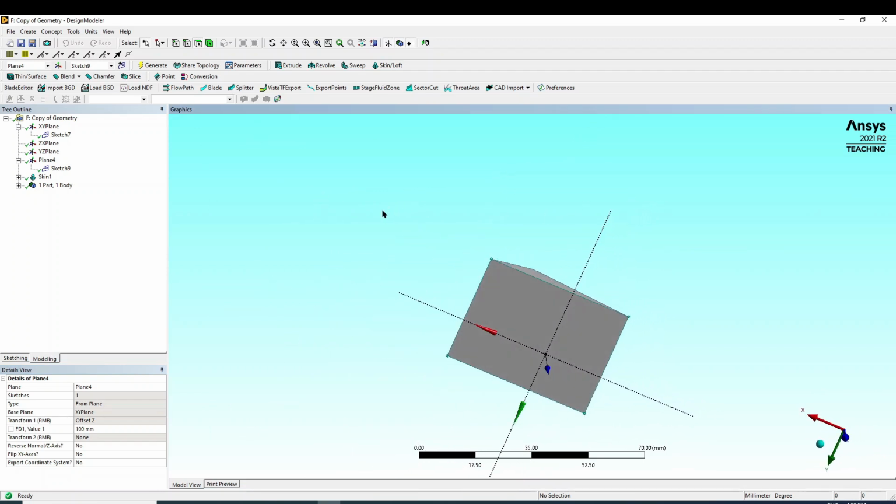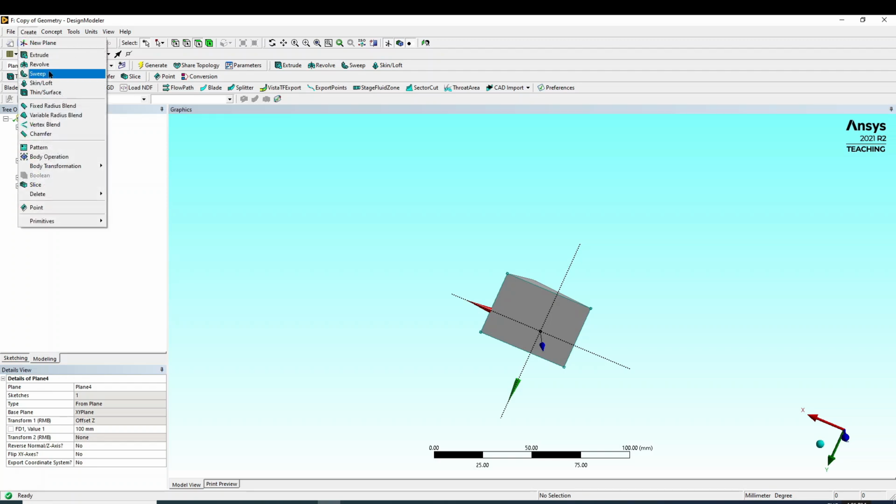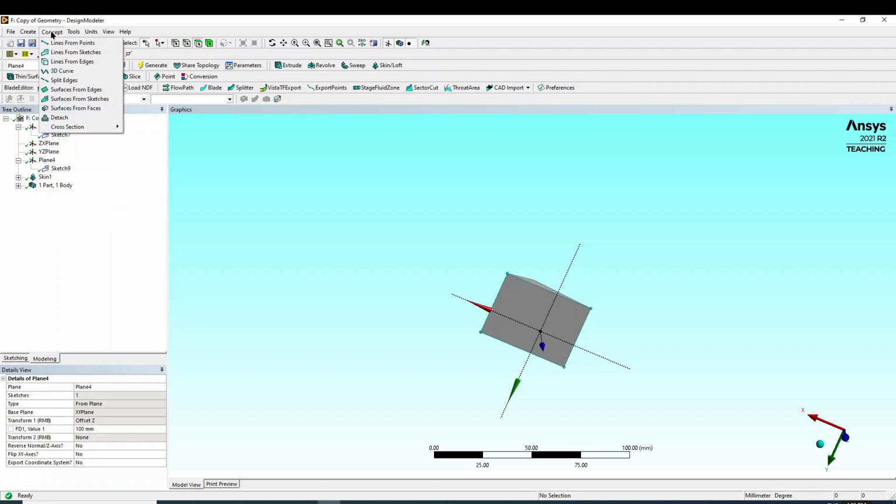Got the point? Yes. So what did we learn today? How to create the geometry, how to use extrude, revolve, sweep, skin. And again, there are so many things. How to create the XY plane, and additionally, parallel to the XY plane, how can we create a new plane? Okay, how to create the sketch, how to give the dimensions. That activity we have learned today. We will practice for half an hour next week, and the remaining activity, create thin क्या है, variable क्या है, concept क्या है, how to create the body, all the details we will discuss in the next class.